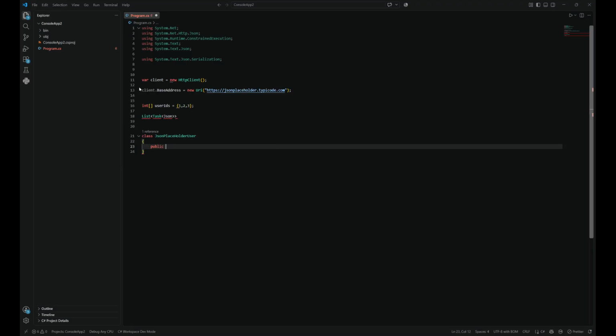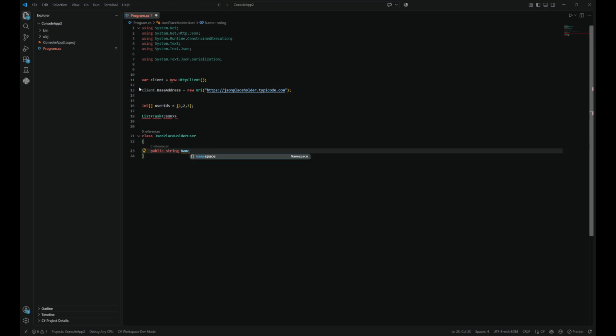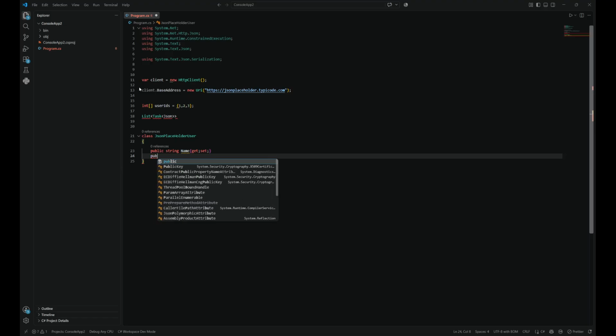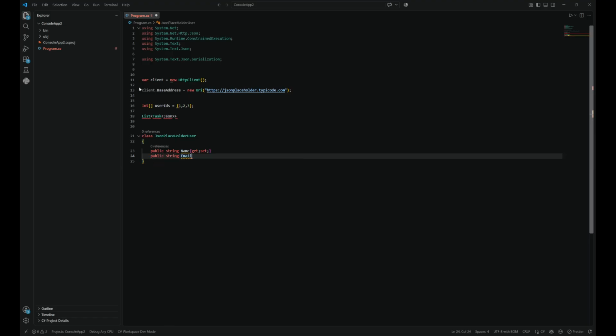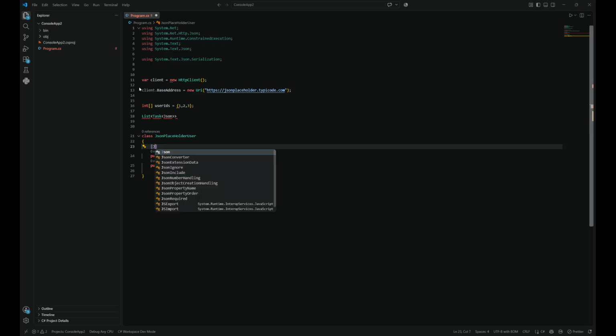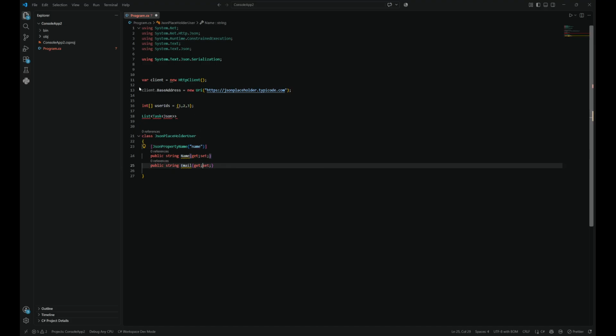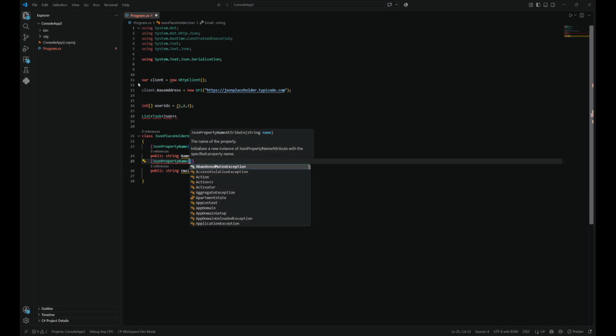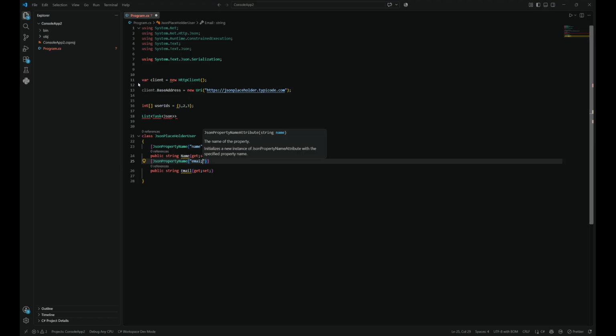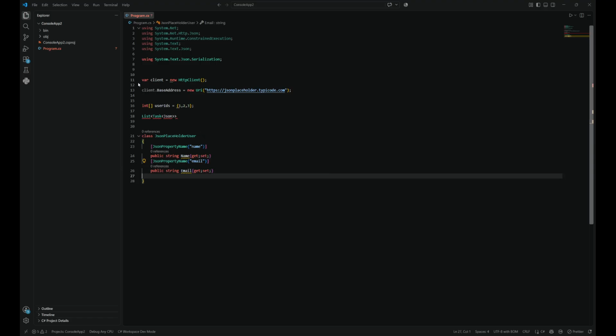We're gonna have public string Name, and then public string Email, get and set. And here JsonPropertyName name, and JsonPropertyName here email. Okay, and now